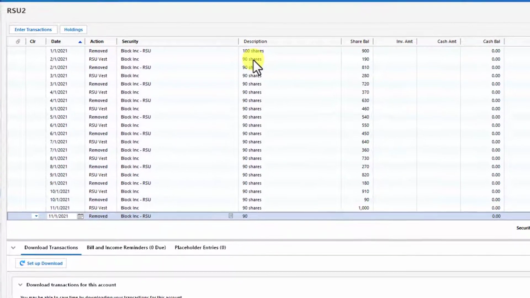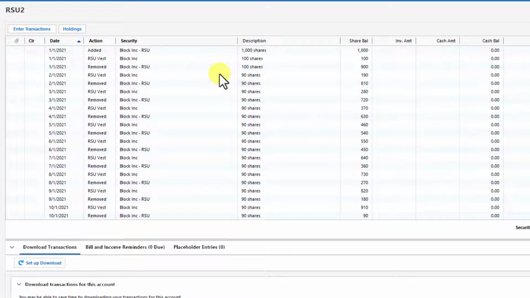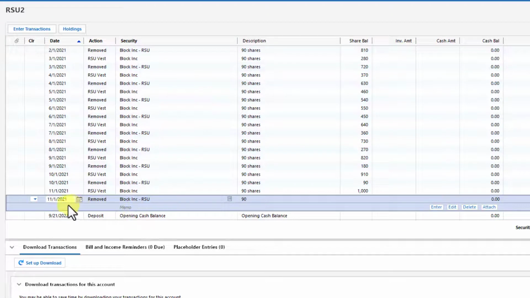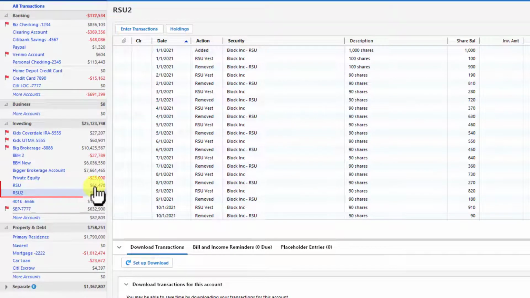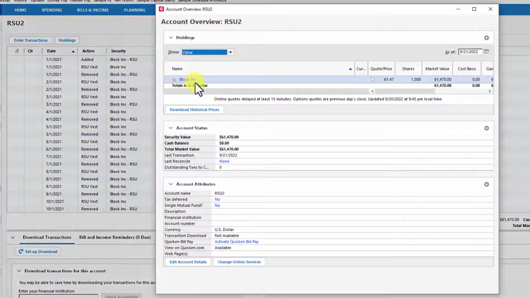And here we are, and we're still close, but not exactly what I was expecting. We are 90 shares, not 100 shares, and there are 11 of them, not 10 of them. So definitely requires some trial and error. But let's move on for academic purposes. And what are we exactly looking at? In both instances, it valued it as $61,470. Let's see if we can understand how we got to $61,470. So if we go into holdings,